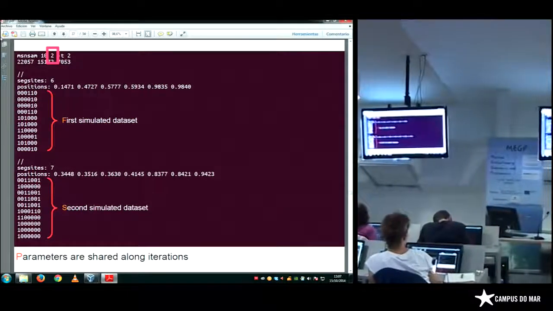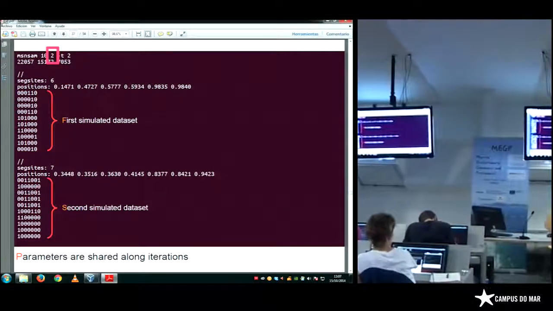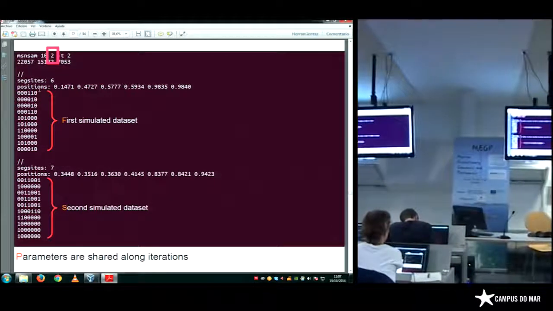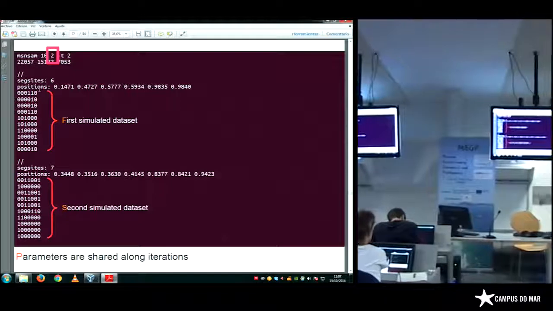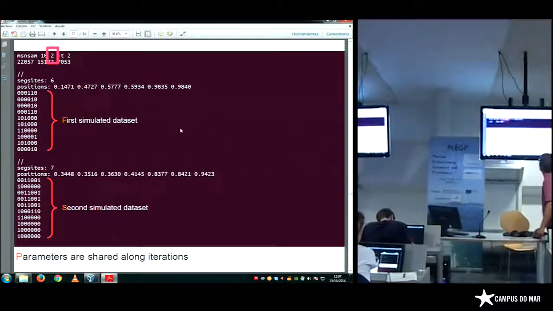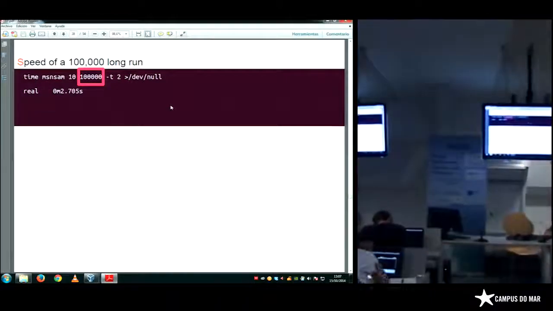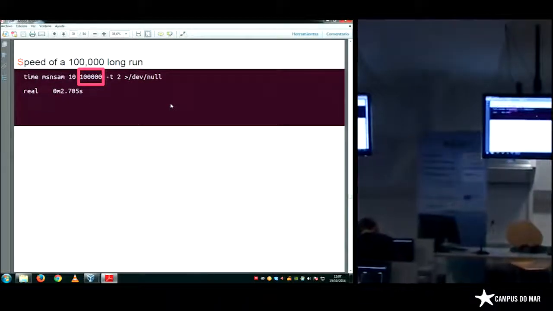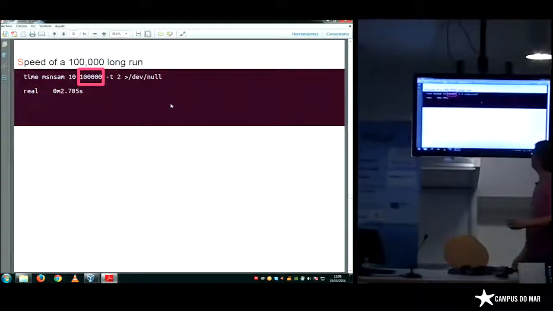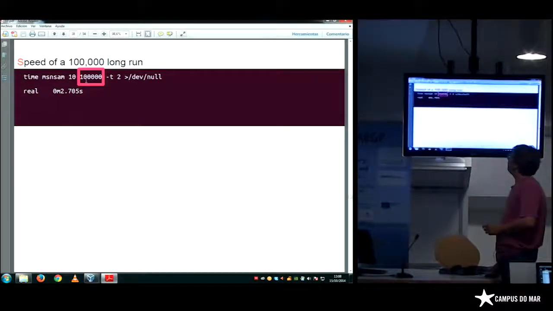Here is what I explained already, that you can do 2 simulations, one simulation, a second simulation. Yes, you can type this line just to see how fast it is. When we do 100,000 simulations, it takes only 2 seconds.